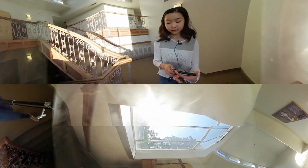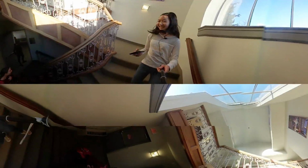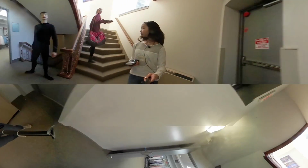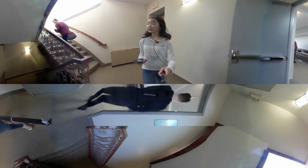So yeah. Sorry. Right here, the fire door. They're doing something with it, and it's not working. So, yeah. I think the batteries are dying. So this is